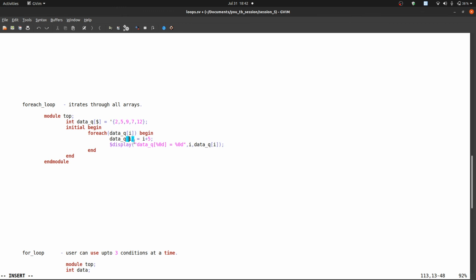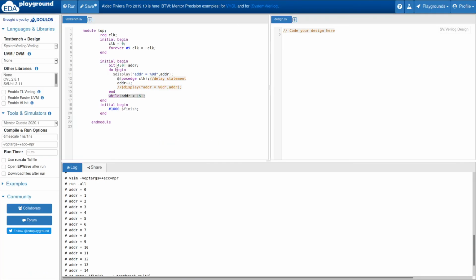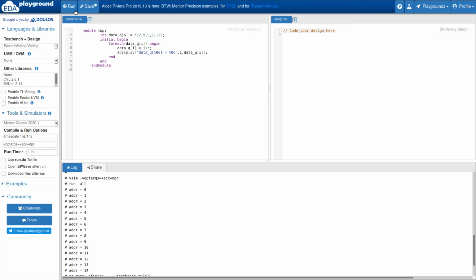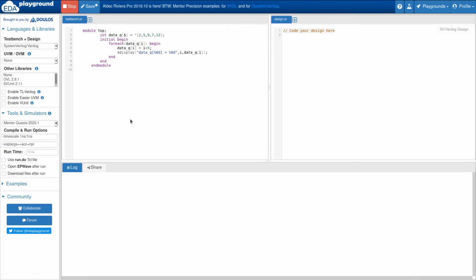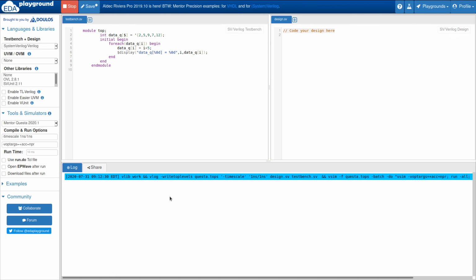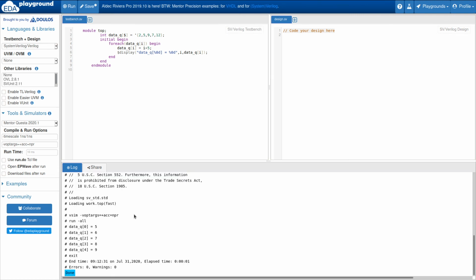Again when it comes around, the value becomes 1, so again it will add 5. So let's see. As we can see, 5 6 7 8 9.